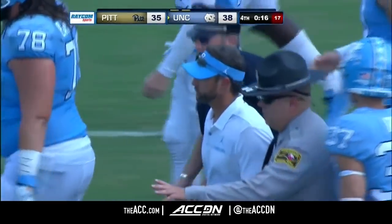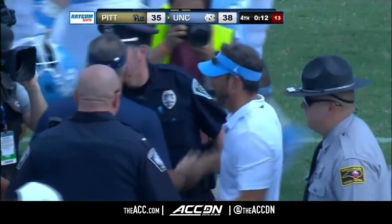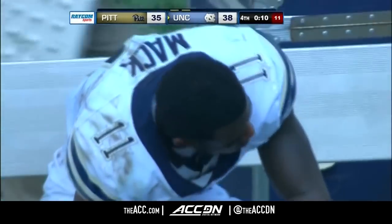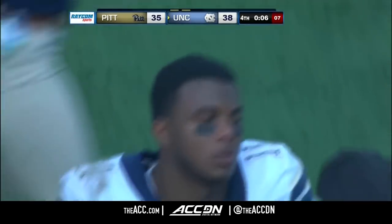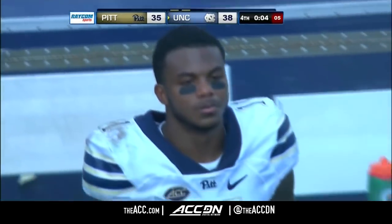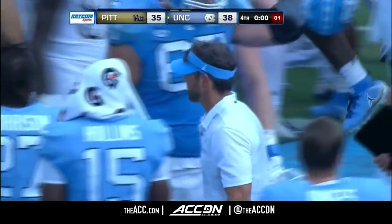You need to not overthink things, just turn it loose, and he got that from his quarterback today. 6 wins in a row for the Tar Heels against the Panthers as Pittsburgh comes up short once again, 38-35. What a performance by both teams, but in the